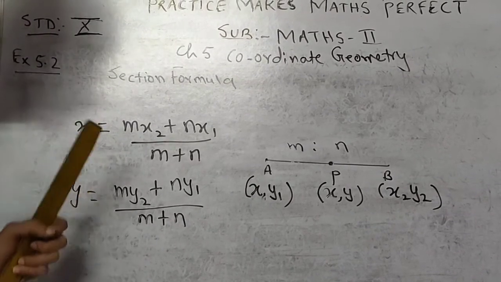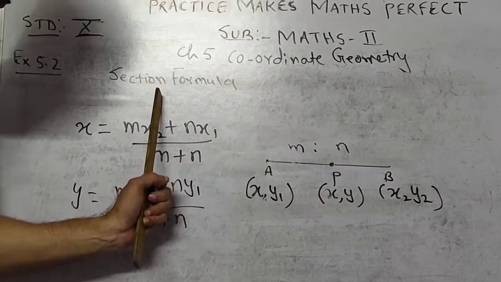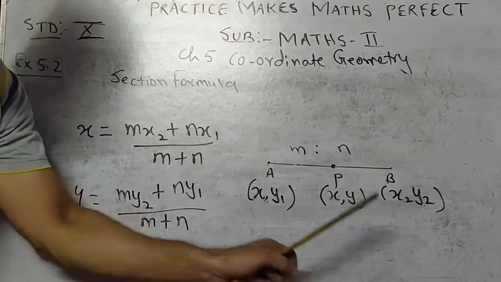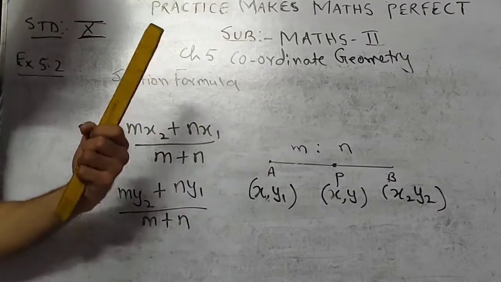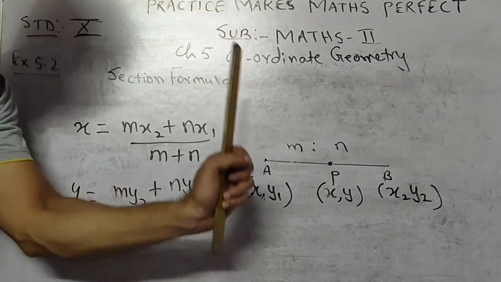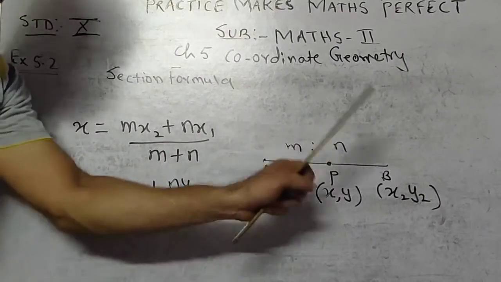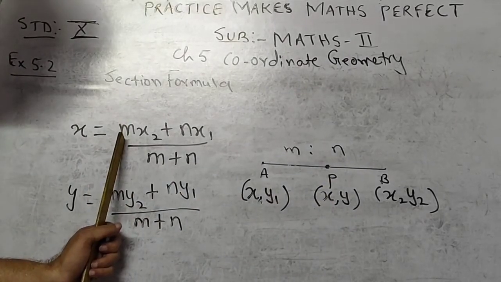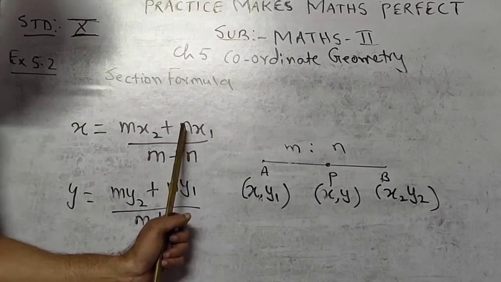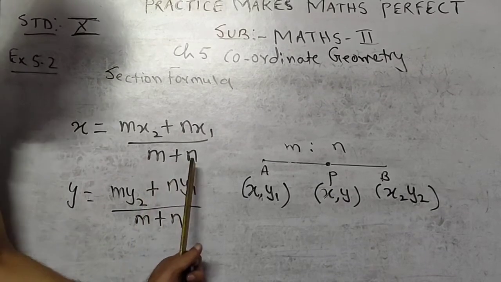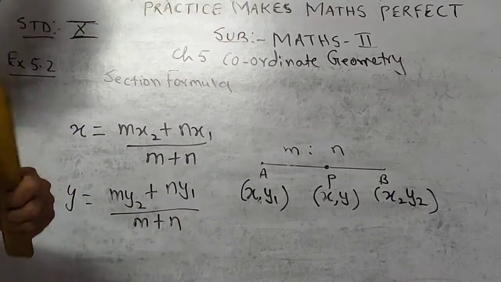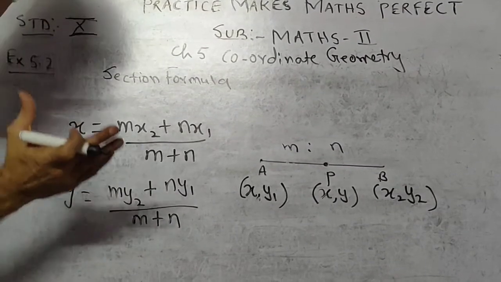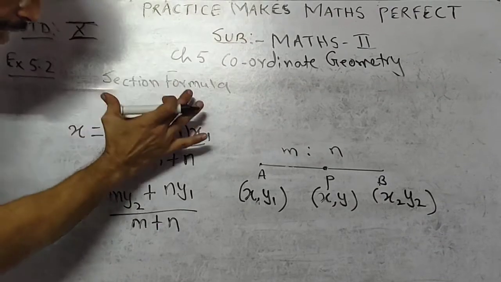So you have to remember, in this section formula, the ratio will be given to you. It can be A ratio B also. You can take any alphabet. So it can be A ratio B or M ratio N. If it is A and B, then here A will come and here B will come, and here also A will come, here B will come. So if the alphabet is changed, then also we have to use it like this only. This is your first concept for section formula.